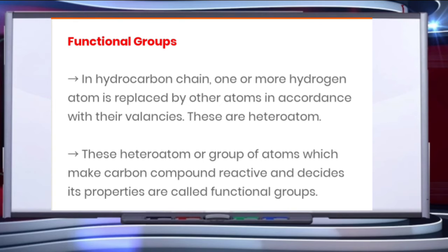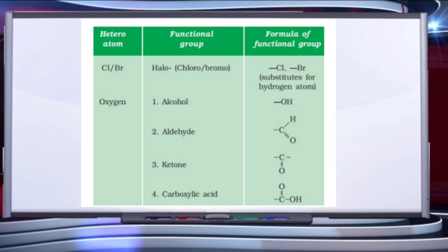These heteroatoms and the groups containing these heteroatoms provide specific properties to the compound regardless of the length and nature of the carbon chain, and hence are called functional groups. So children, a functional group is an atom or group of atoms present in a molecule which largely determines its chemical properties. Some important functional groups are given in this table, children. The free valency or valencies of the group are shown by the single line, and the functional group is attached to the carbon chain through this valency by replacing one hydrogen atom or other atoms.